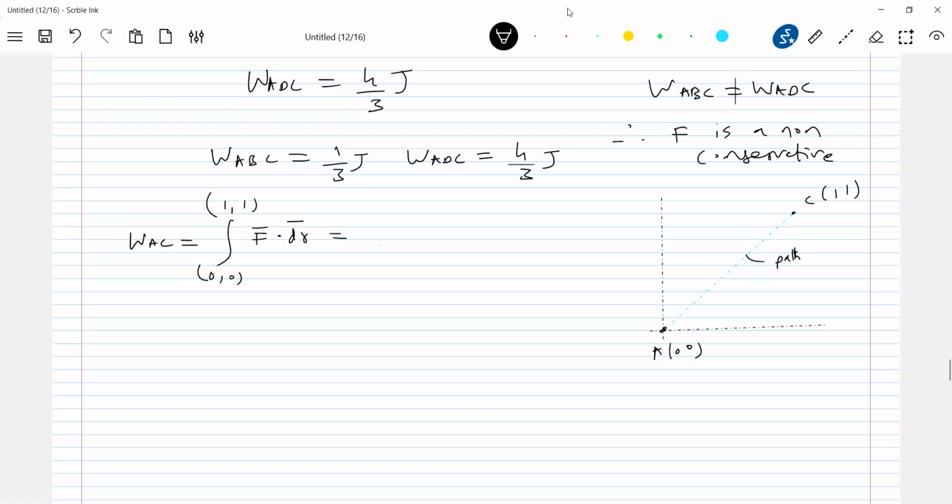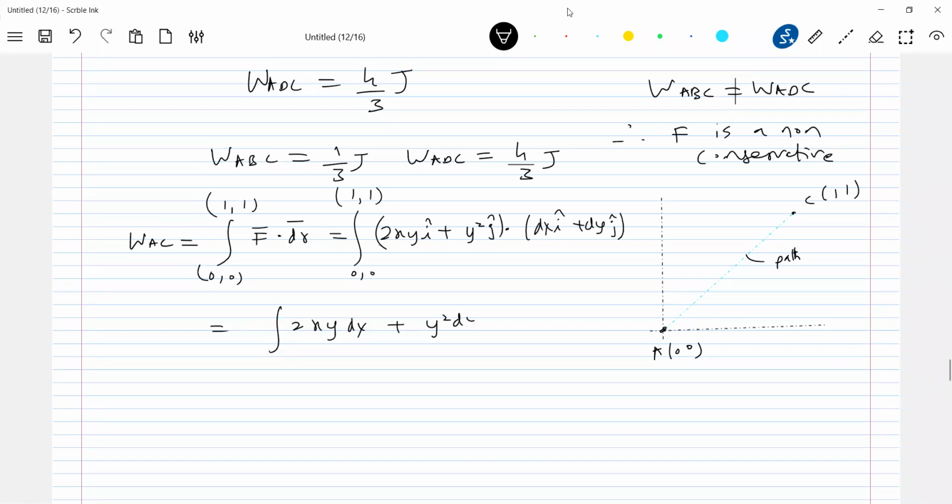So let me write here 2xy i cap dot dy j cap, from 0, 0 to 1, 1. So this will become the integral of 2xy dx plus y square dy from 0, 0 to 1, 1. What we should do here